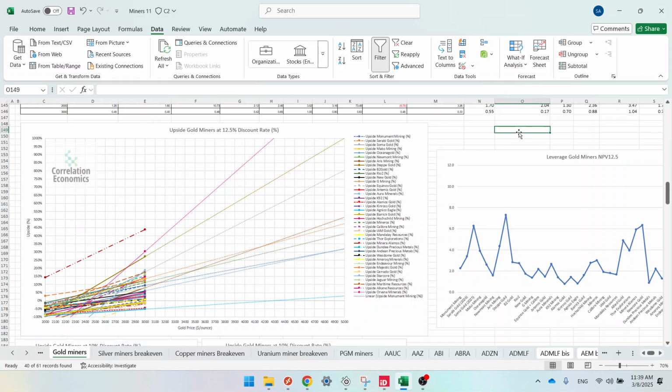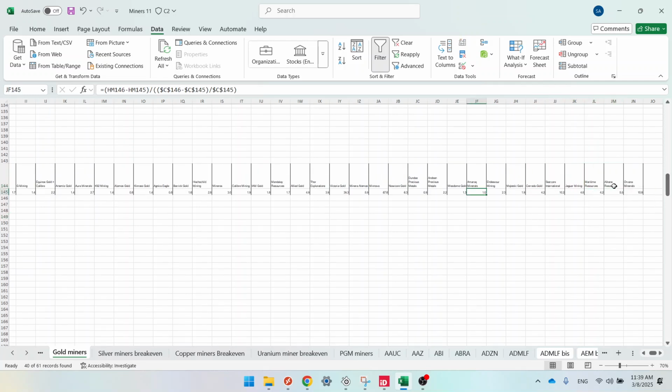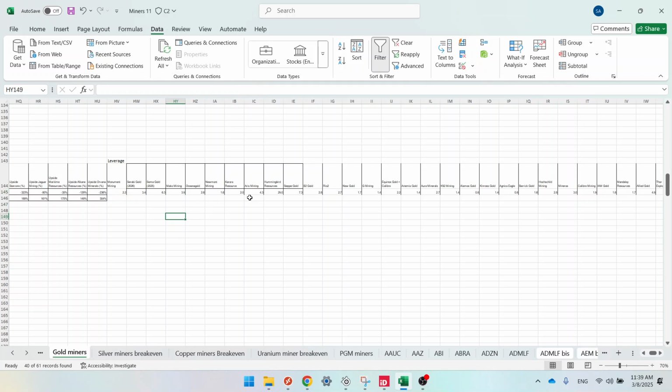So I've done that. I have included a new set of data here, which is called leverage. And you can see here, this minus this divided by this minus this. So that's the y-axis change divided by x-axis change, and that's the leverage. Okay, so you can see, for example, where is Soma Gold? That's 6.3 times leverage. Sarabi Gold,